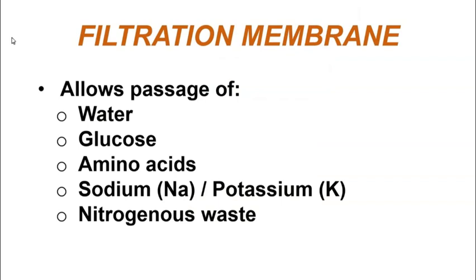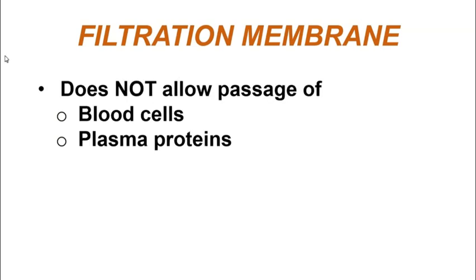So the filtration membrane allows the passage of really just small molecules and small substances that are dissolved within things like water. So the filtration membrane allows water to pass through. In a healthy kidney, it allows glucose, small amino acids, sodium and potassium, and nitrogen-containing waste to pass through. So all of these are relatively small substances here. What it does not allow the passage of is